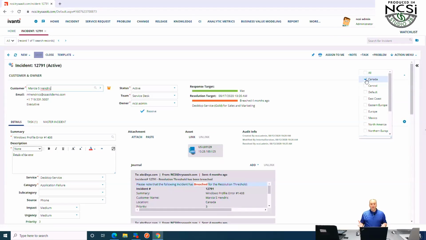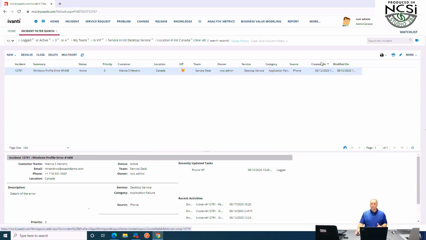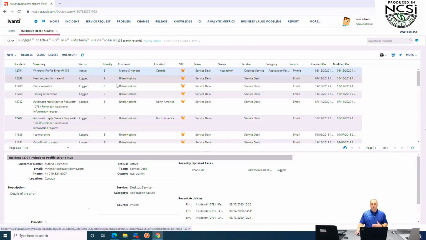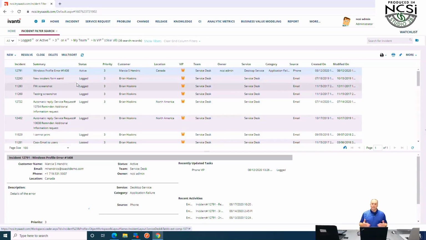So as I look at that, that single record opened up automatically as opposed to going through and showing me a result set of 1. So it knew that's where we wanted to go. It went through and put that in there. Now, if I were to say, let's remove Canada, you see it comes back to another one. And if we removed something like the desktop service or user VIP or any of those other things, obviously that